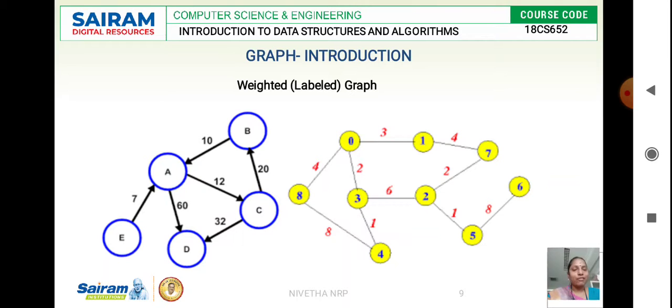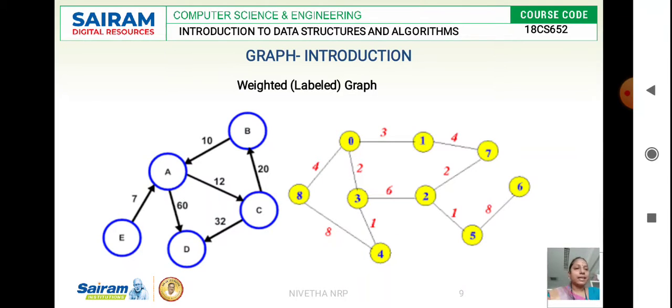In the weighted directed graph, you have a flow of direction. The weight of the edge from B to A is 10, from C to B is 20, E to A is 7, and A to D is 60, and C to D is 32, A to C is 12, and C to B is 20. This is in the case of a weighted